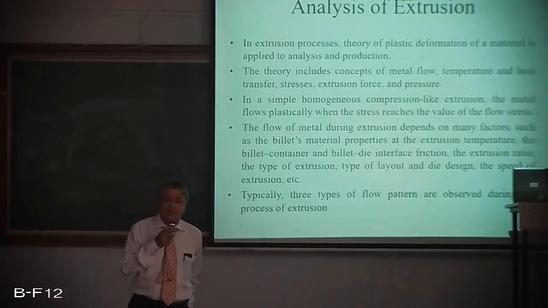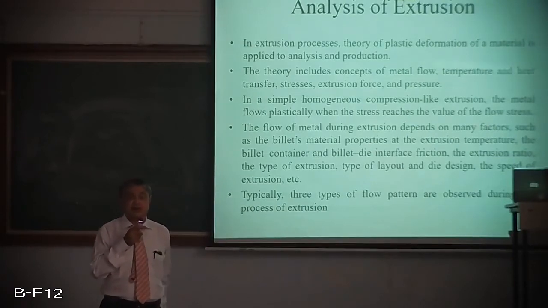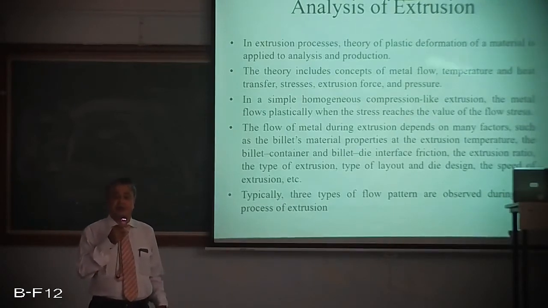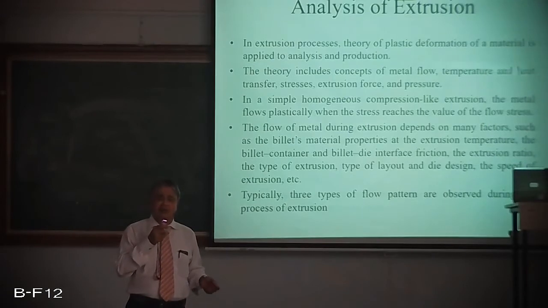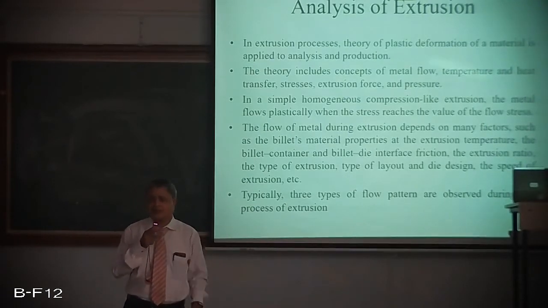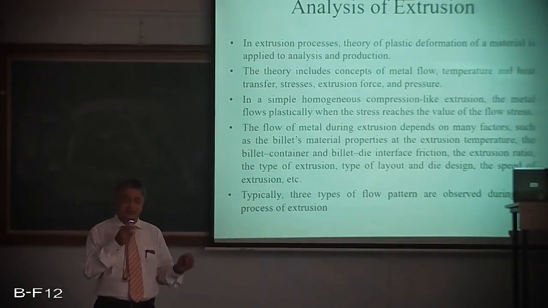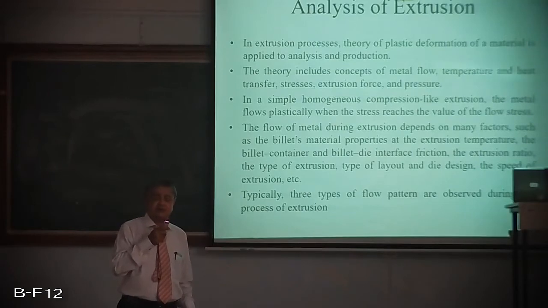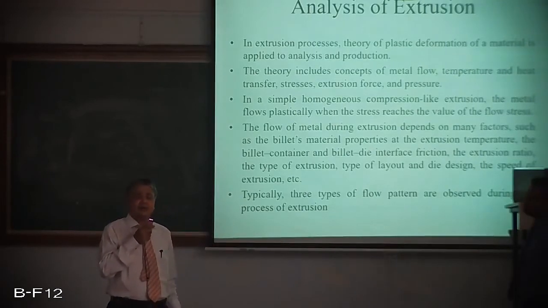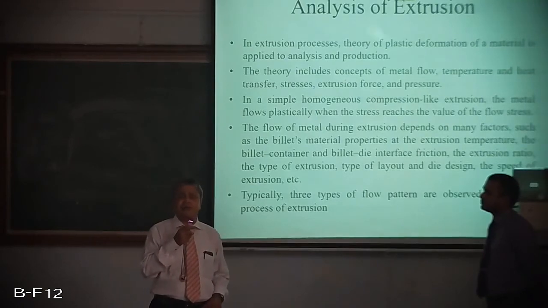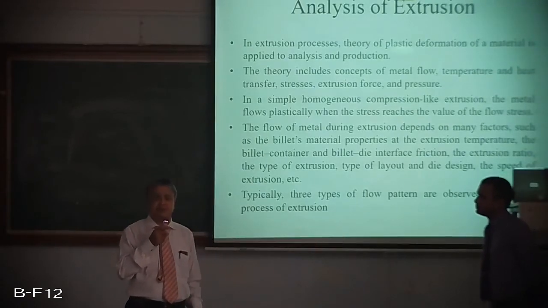The cross section of the die can be anything. It may be T, it may be L, it may be U, it may be circular also, anything. Whatever cross section of the die opening is there, the same cross section is obtained. This is for your information. There are few products which are specially designed or made so that they can be manufactured by extrusion process.